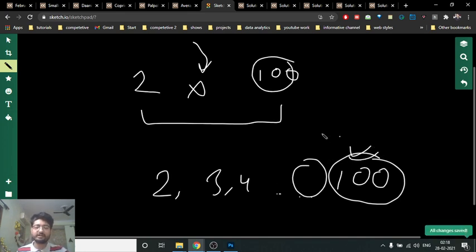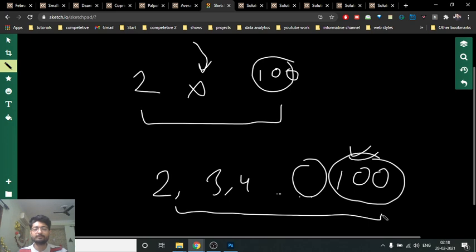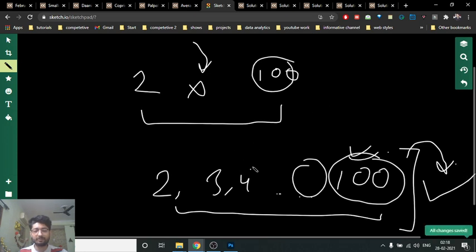So if they are less than or equal to that number, there will be some prime numbers. If I find a prime number in between these numbers, then it can happen that my answer will not be satisfied. But if I find a prime number which is greater than this range, the R value, then it is always valid, because that prime number and all the numbers in between will always be co-prime, since that number is greater than this number. There is no factor between this and this which can happen.